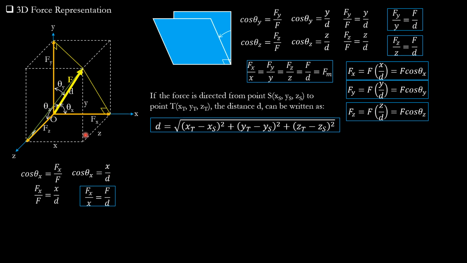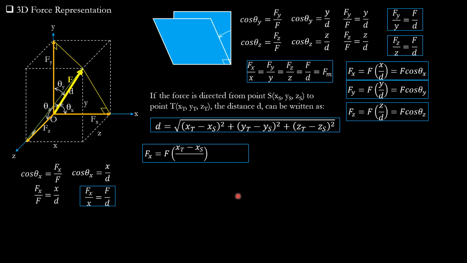Then this distance is delta y, which is yt minus ys squared. The diagonal of the bottom of the base and this y distance here, delta y, are perpendicular to each other. Therefore, the distance d is the square root of the square of this distance, which is the quantity square root of xt minus xs squared plus zt minus zs squared, then plus, by Pythagoras theorem, the square of this delta y, which is yt minus ys quantity squared. So that's why the distance is equal to that.